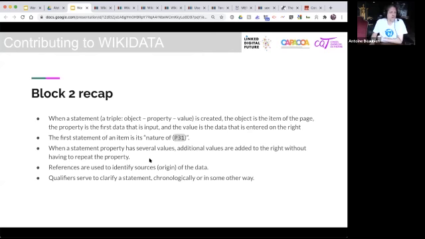we've seen references that are being used to specify the source of the information. We've seen that references are very important to qualify our data. We've seen also that we have qualifiers that enable us to give more precise information about our statement, either in time